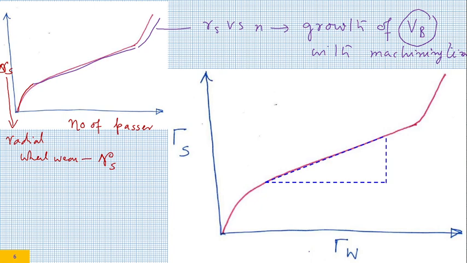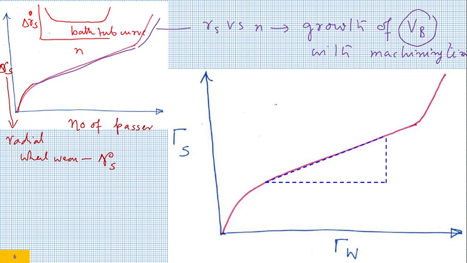And there is another very generalized approach which I would like to mention. If someone plots delta Rs dot, that is rate of wheel wear, with number of passes, they are going to get a curve like this. This is called